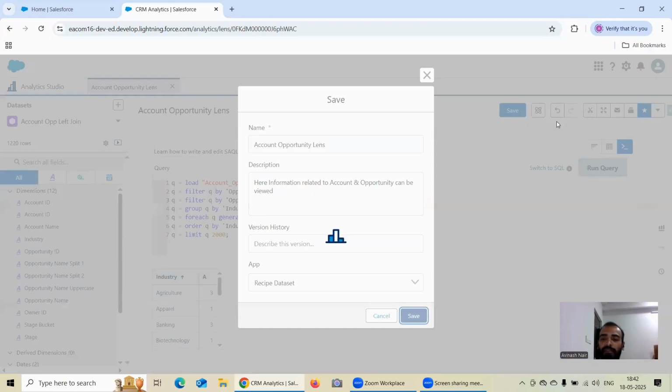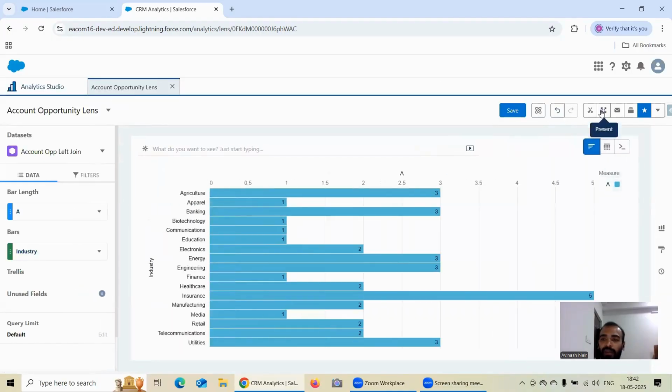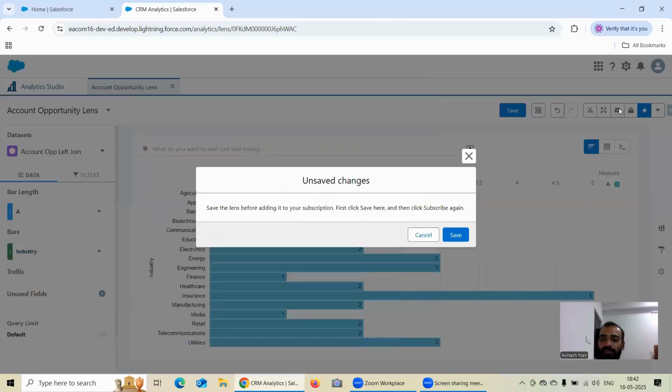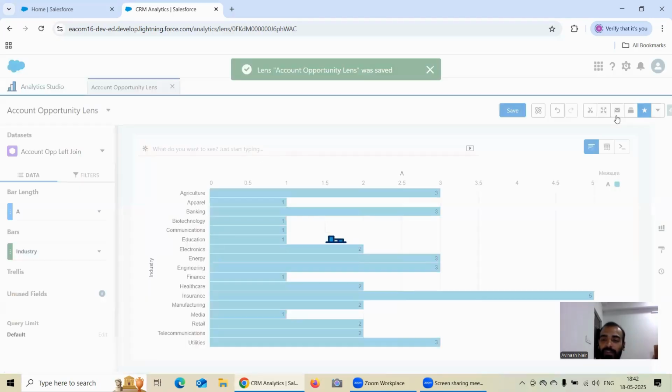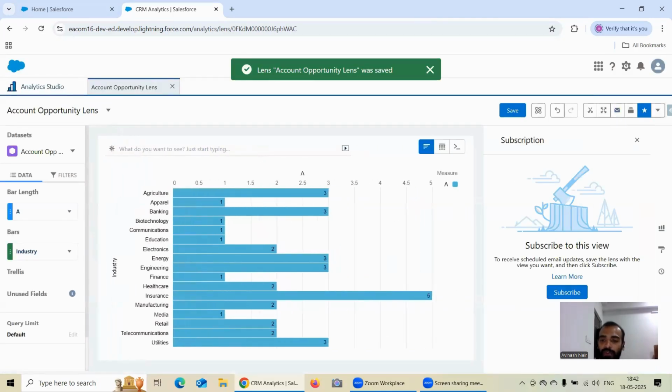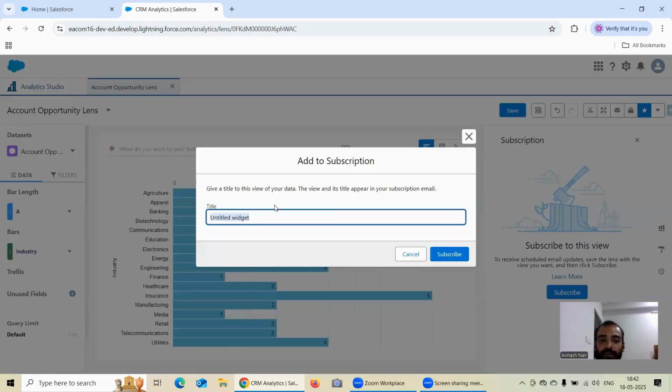Okay, and now let's say I go to this chart mode once again, and what I will do is click on show subscription, and then click on save over here, and that's it. Once again, let me try to click on that subscription. Basically, the subscription here says to receive scheduled email updates, save the lens with the view you want,